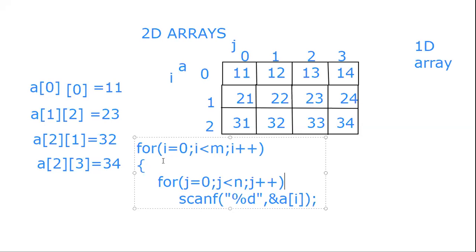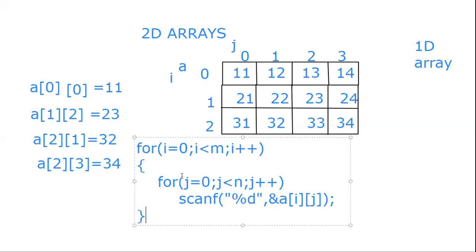So in this case, we need to take first number input. How do we represent 11? It is A of 0, 0. So when we observe this, value of I is 0, j also initially is 0. So we need to take A of I and within square bracket j. So the scanf will now change. This was one-dimensional array. So in case of two-dimension, we will write A of I, j. Okay. So I hope this is clear. So this is how we represent the input for two-dimension array. Right? So we are taking input for a two-dimensional array.